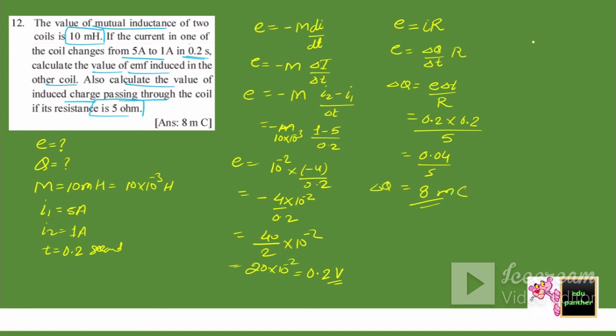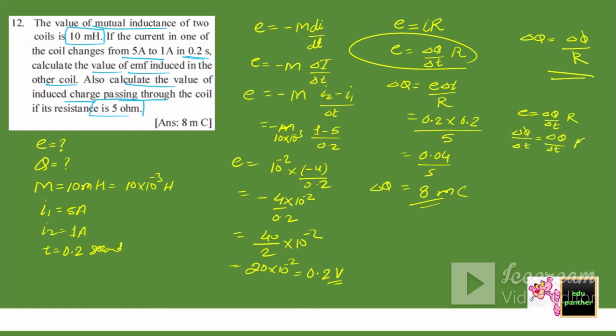See, you can find out this charge by using this formula, delta phi by R. See, charge flowing through a coil is nothing but change in flux divided by R also. Change in flux divided by R. वो कैसे निकाला हम लोग ने? You can use this formula. E is equal to delta Q by delta T, R. See, E is nothing but change in flux upon change in time. So delta Q is equal to delta phi by R हो जाएगा. मीन्स कितना चार्ज मूव होगा, जस्ट डेल्टा फाई है और आर से डिवाइड कर दो, यू विल गेट दी आंसर.